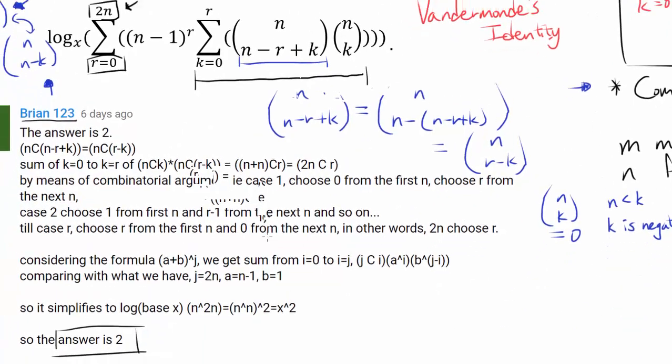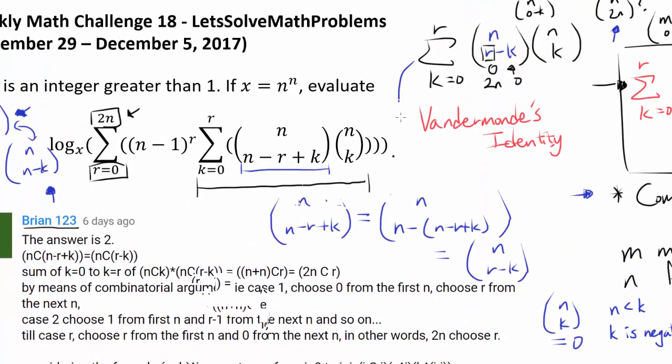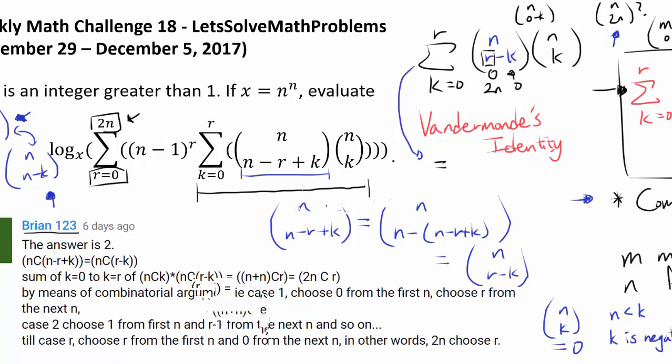Anyway, so now let's think about what this summation is equal to. One way is to just apply Vandermonde's identity, or another way is to think about the committee selection model once again. We have n males and n females. So we have a total of 2n people, and you're picking r of them,